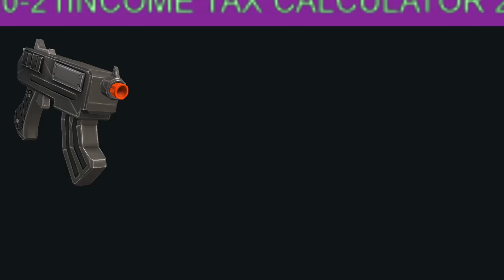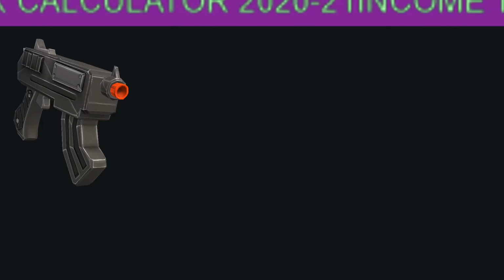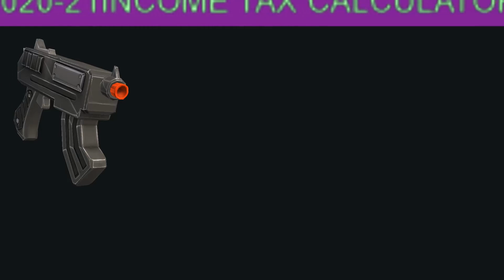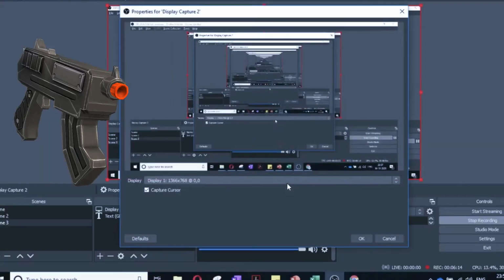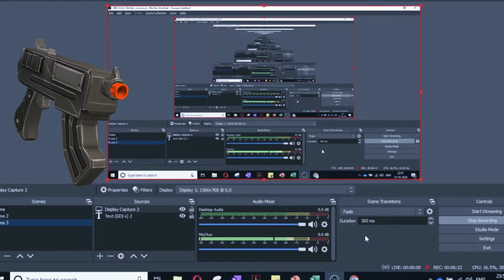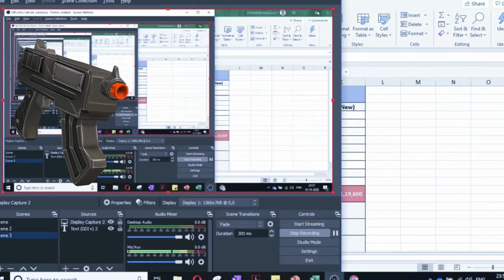Display capture means whatever is on my desktop, it will show. Display capture 2. Okay, so this is my desktop, what is running. I will click OK. So it will show like that. Just to make sure, I will show how it is looking.